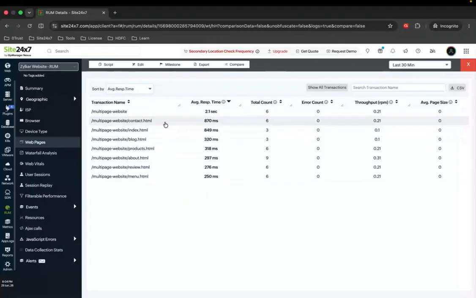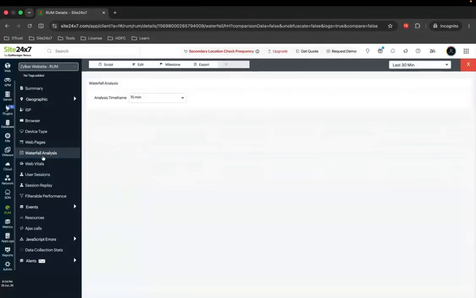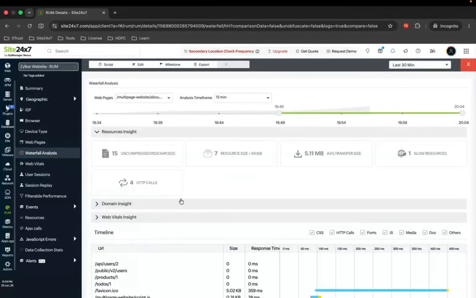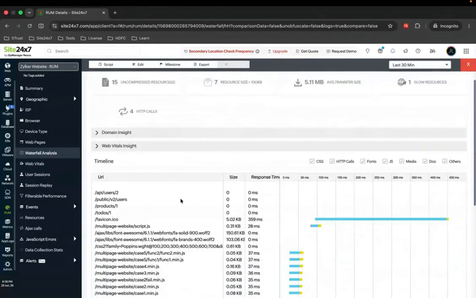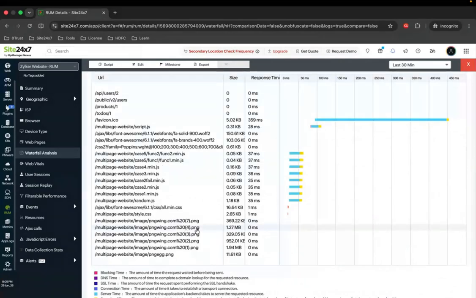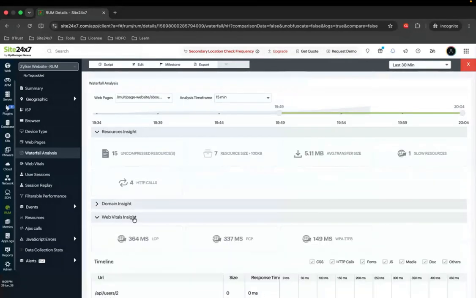And the web pages: these are the web pages of that monitored web application. The web page performance, the average response time based on throughput or total count, all those details will be available here. And the waterfall chart again gives you detailed insights on each web page, how the components are broken down and how they have been performing for each page. And web vitals,